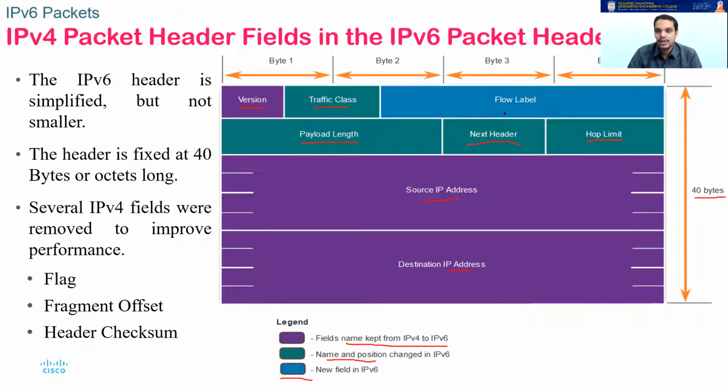Flow label is used in something called MPLS, multi-protocol label switching. Any packets which have the same kind of flow label will get the same kind of service at the routers. So based on the flow label, the router can provide the services. If some of the packets are video conferencing packets, they will have the same kind of flow label, so the router knows what to provide to them. In such a way, flow label is used. So these are the different header fields of your IPv6.